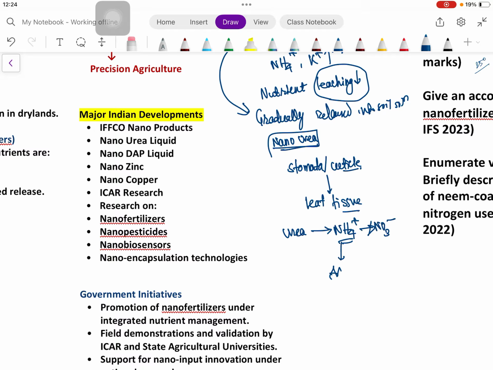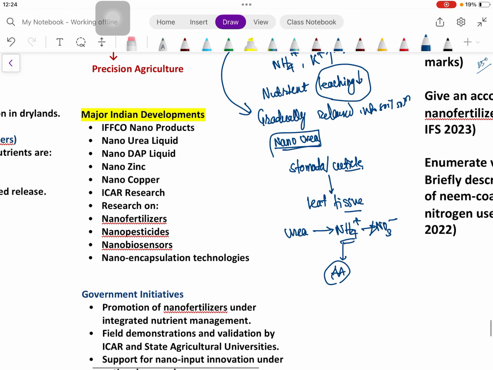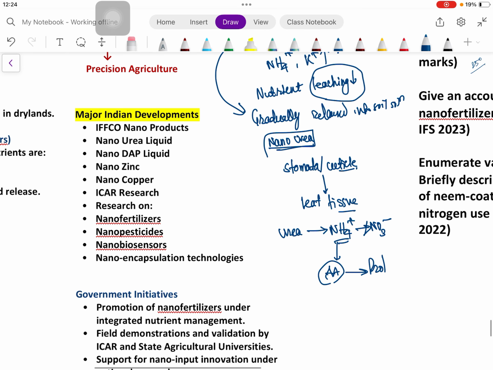From ammonium it can be converted to amino acid, then to protein, enzyme, like various plant biomolecules. Had it been applied in the soil, suppose we are applying it in the field, it would have